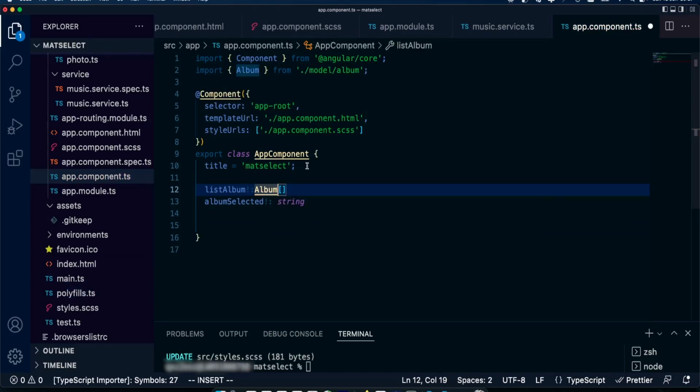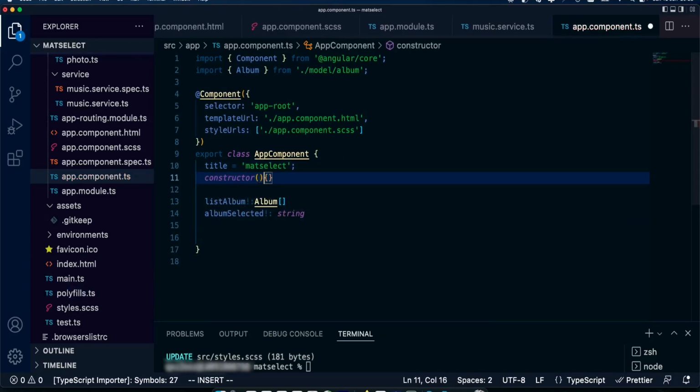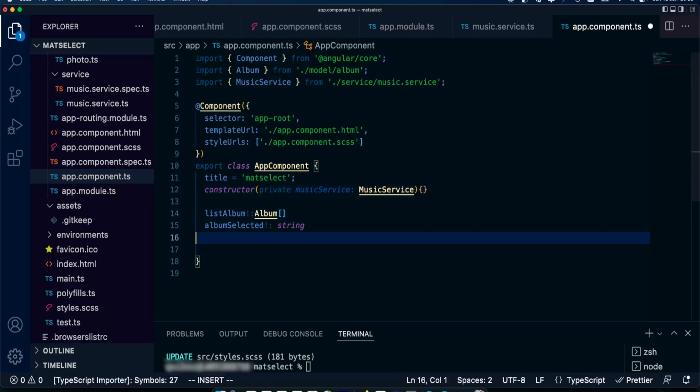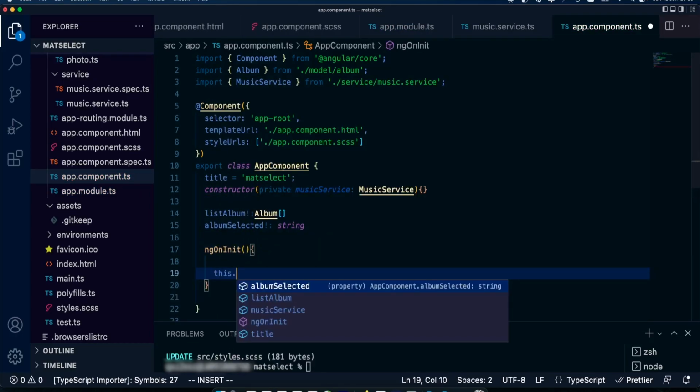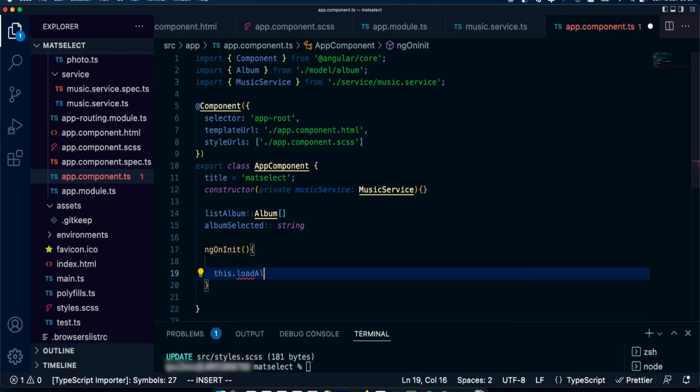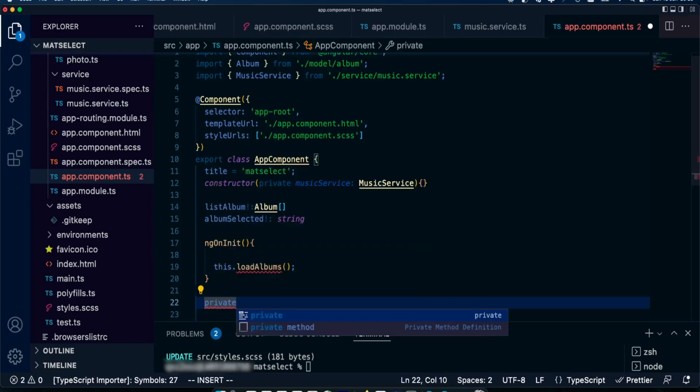And in here, we're going to have a constructor. And on page load, this.loadAlbums. Now we are going to create this function.